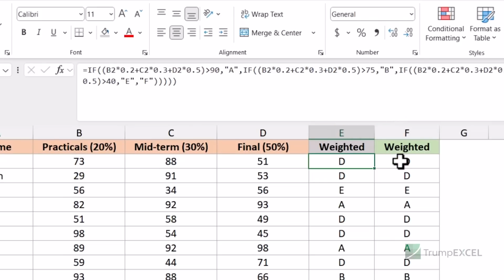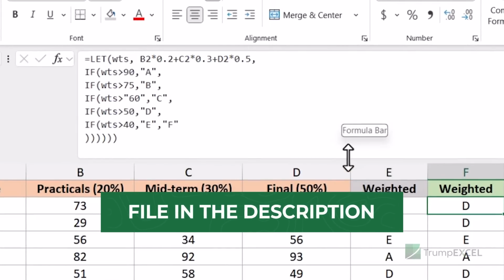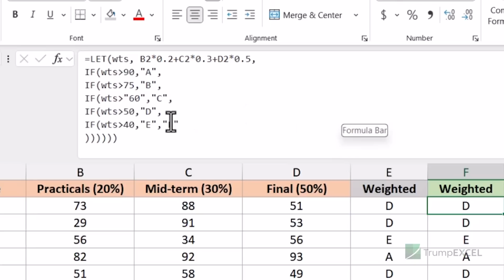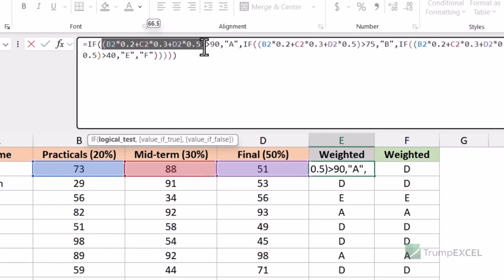So here, in this case, I've already created the formula, and this is the let formula that is going to do this. Now, first of all, the biggest thing is it is a lot easier to read and manage. And the second thing is, you would notice that in the if function, I was using this part of the formula again and again, because I had to calculate this value and then check whether this is more than 90